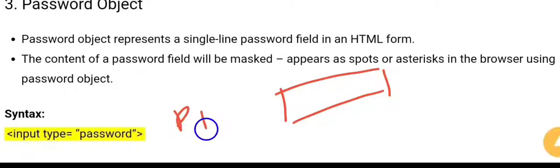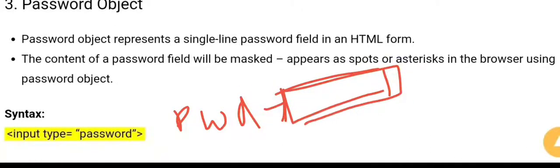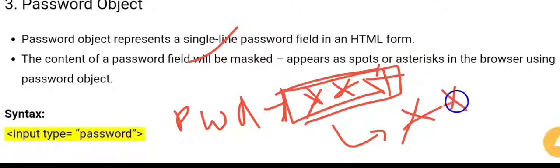This is my password, so it represents a single line password field. It contains the password in the form of ASCII symbols, stars. The data will be stored in the form of ASCII symbols, or we can call it dots, right? The syntax for this is the same thing.